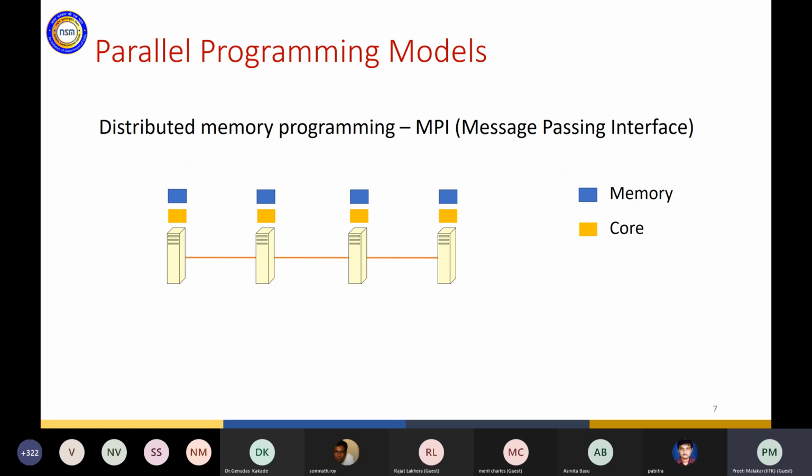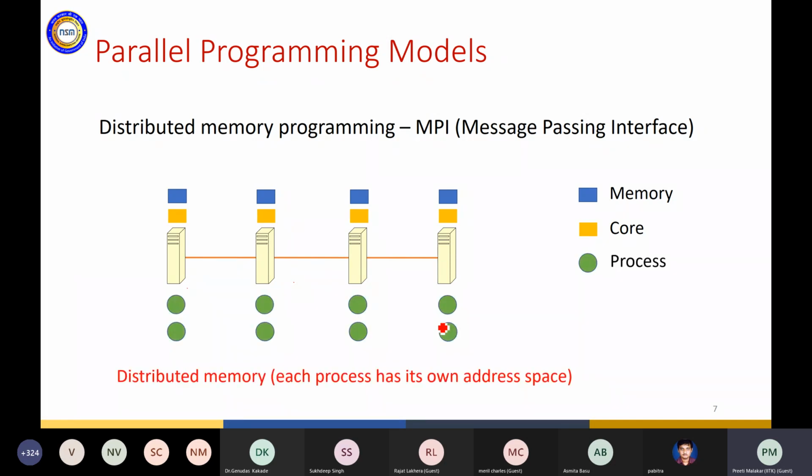If you think of a simplified model that MPI works on, it is a distributed memory model where you have different systems. These are 4 different systems, and today we have multi-core, so you can spawn multiple processes on each of these systems. The number of processes you can spawn